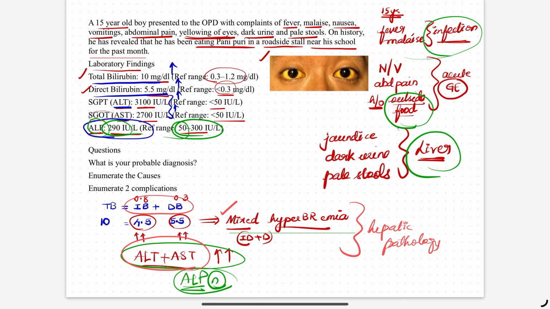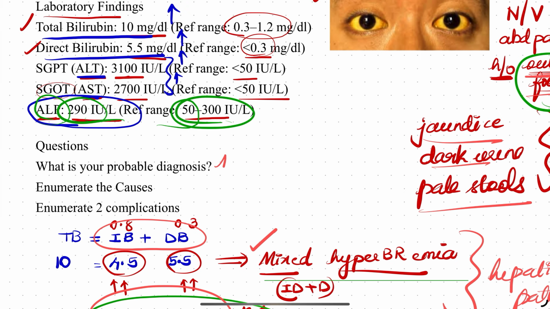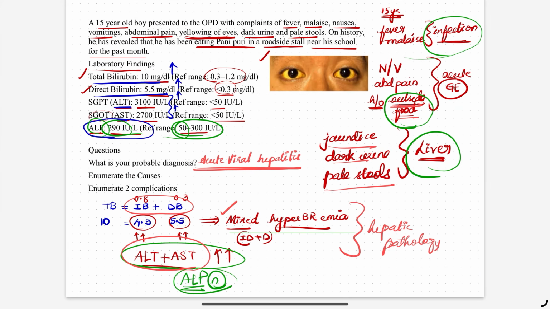And specifically in this case, given the history of outside food intake and jaundice symptoms, the most probable diagnosis will be acute viral hepatitis. Given this age of a child and